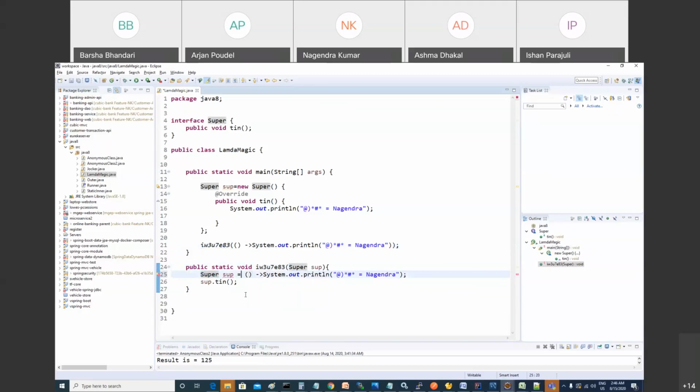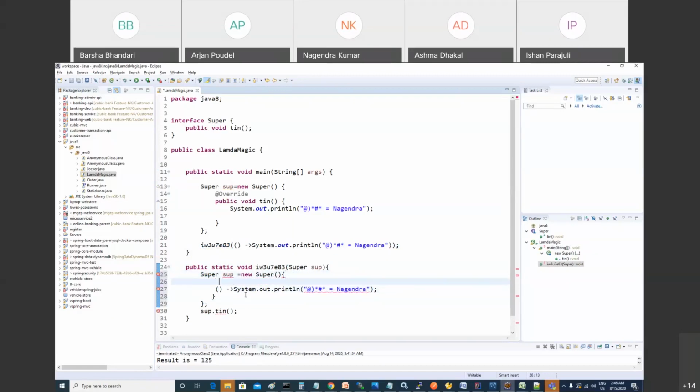reverse of it, then you can write new, curly bracket open. Because this is shorthand of the same. And here you can write the method definition. What? Public void tin. You understand? Or did you get confused? Yes, this makes sense. Exactly. You think the way I'm thinking. I just make everything in the opposite direction, right?